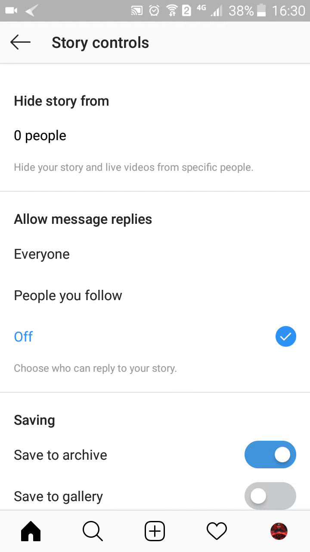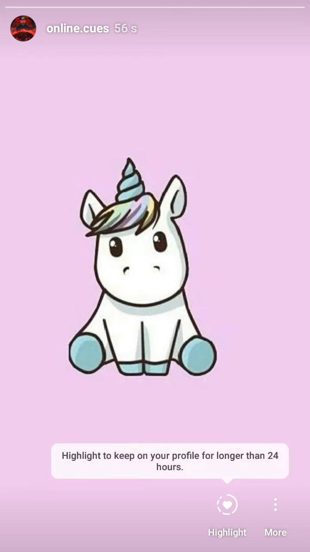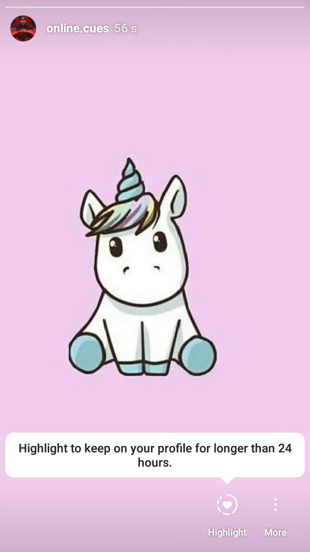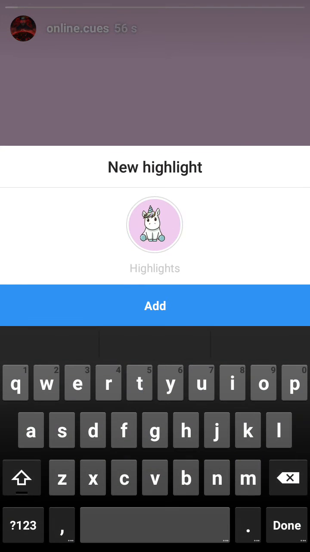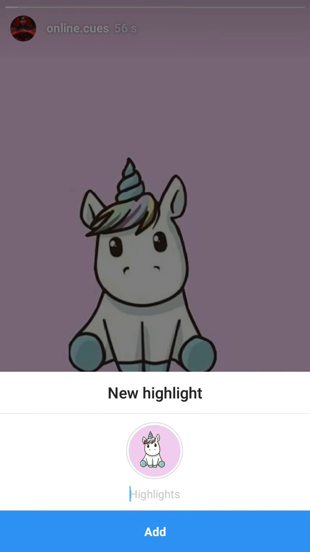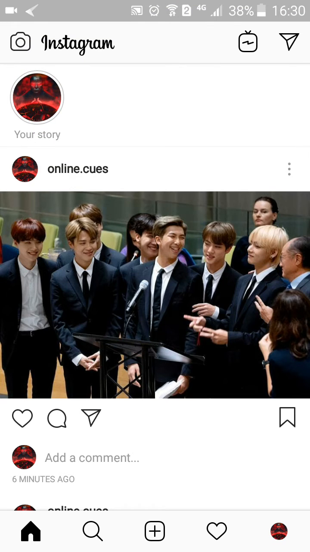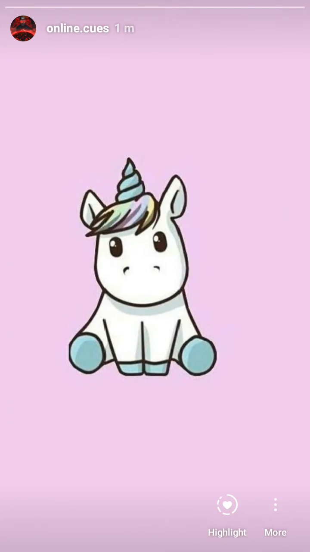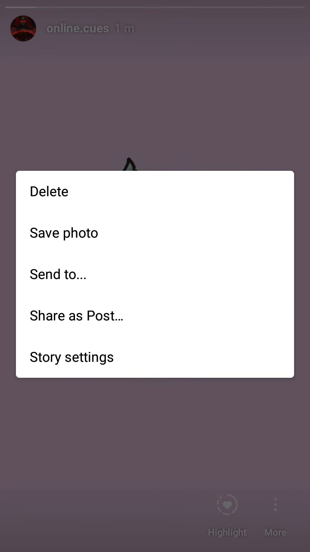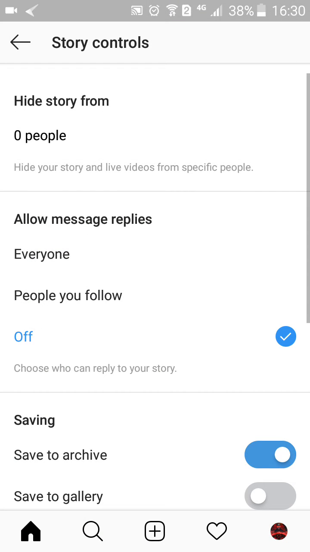And then when you do that, it will get saved onto your story, and you can stick it as a highlight as well. So now you won't get any replies from everyone. If you want to change it back again, click on more, story settings, and click on everyone or people you follow to allow messages